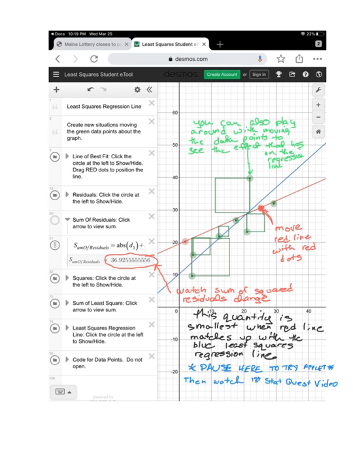Then watch the first StatQuest video and pause it at approximately the 8-minute and 26-second spot, and then look at the next slide on my video. In the video, he talks about rotate the line, rotate the line, rotate the line, and then he